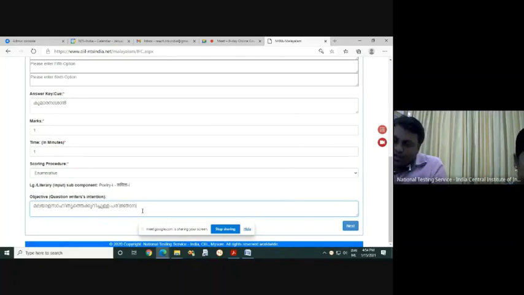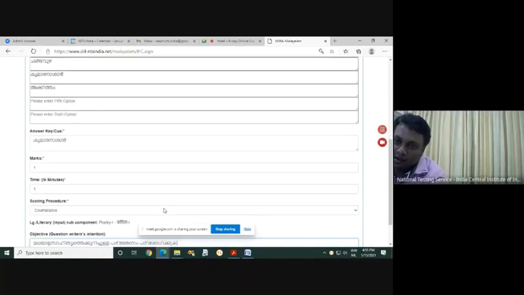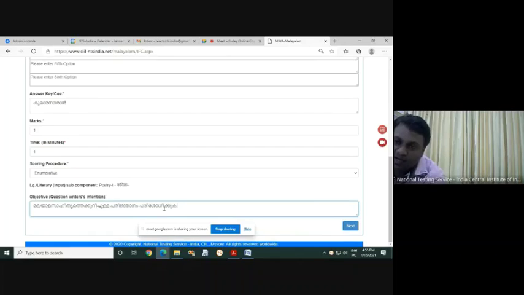So each and every question writer's intention will differ. Many can ask the same question, but they will not have the same intention. And the next comes the level. That's the reason the question item writer's intention is very important. In what intention you are framing this question, you have to write that.